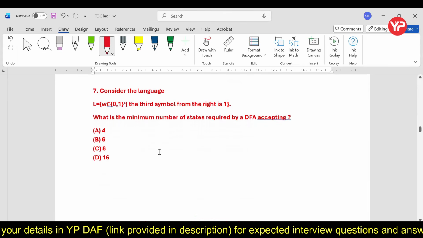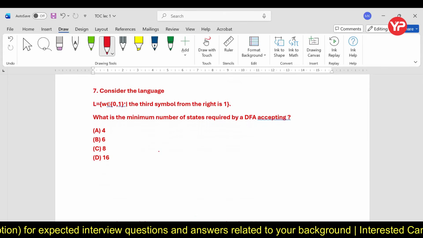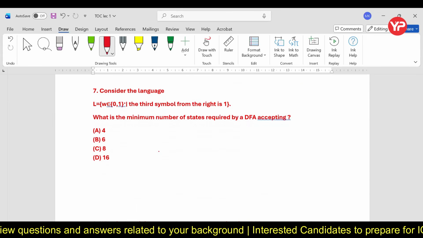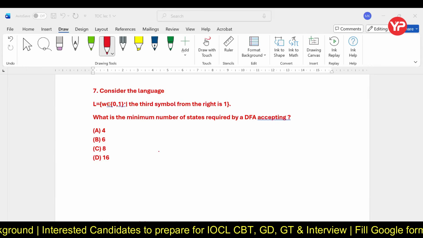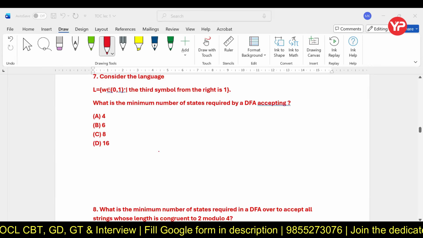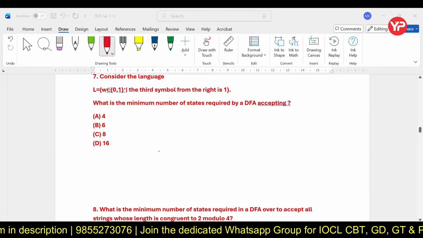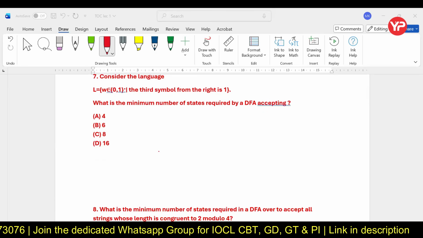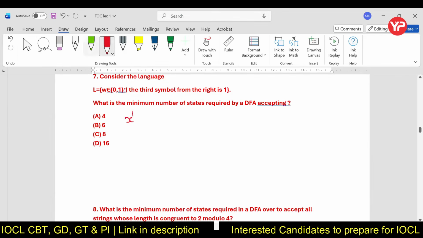Let's see. Can you just tell me, the third symbol from RHS is 1? We require the minimum number of states. Just tell me what is the total number of states required when the third symbol from RHS is 1. See, my dear students, first let's talk about the second symbol from RHS being 1. From right means right hand side. If, in general, I talk about the nth symbol from RHS,